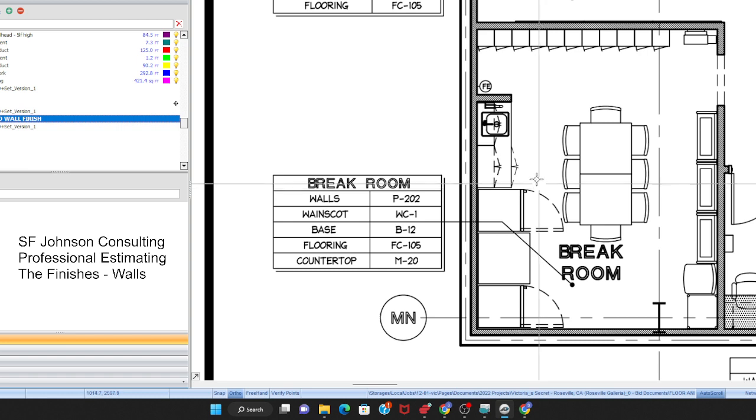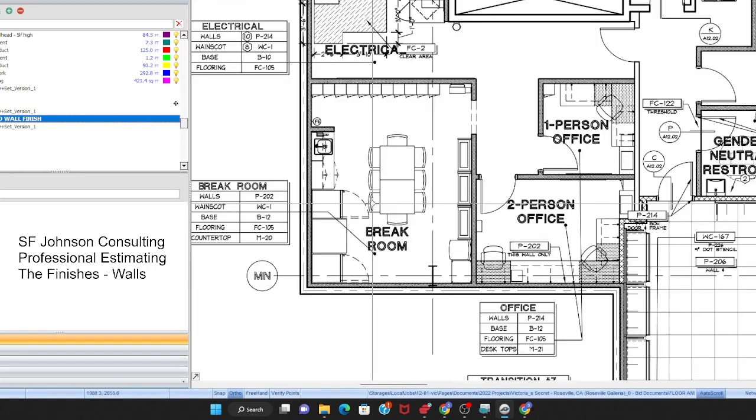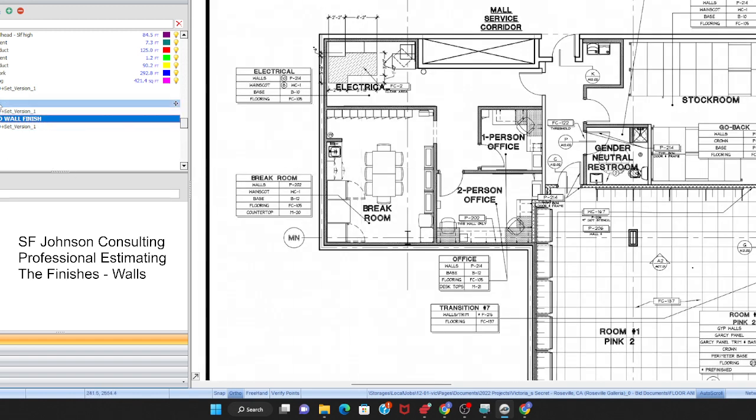Now, we all know for wall elevations or wall measurements or wall finishes, we always need to look at the elevation views so we can make sure that we aren't doing the takeoff through windows and things that are not being painted. So, wall finishes, the first thing we'll assume is paint, right? That's the largest of the wall finishes. We may have tile in the bathrooms, so we're going to look at the finish schedule,